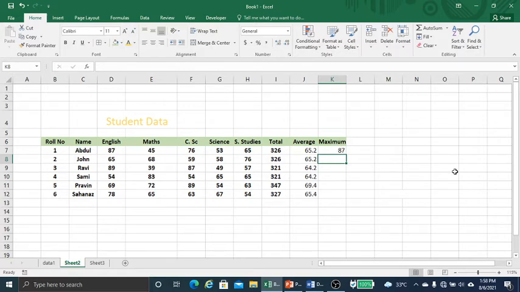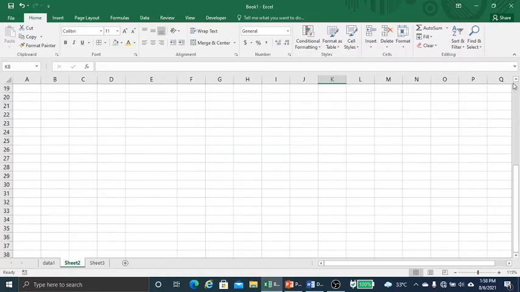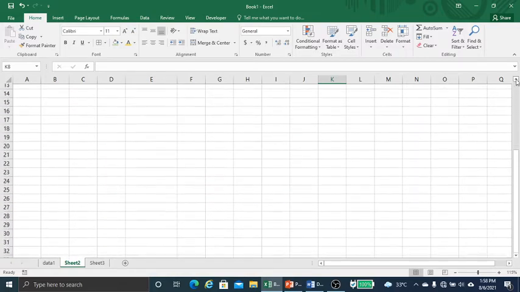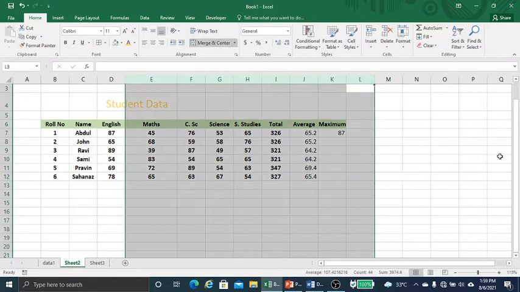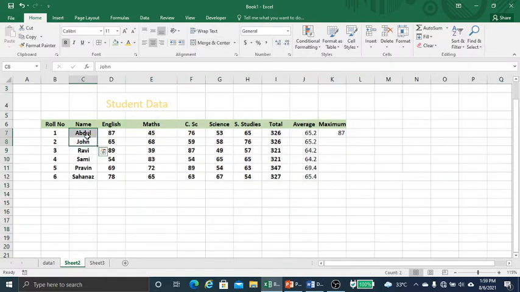Now I am showing another useful feature of Excel. Suppose I have some numerical data and I want to create a chart. A chart is basically a graphical tool in Excel to communicate data graphically. So I can make a chart for this one.